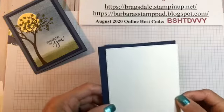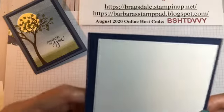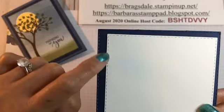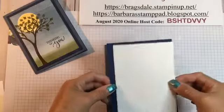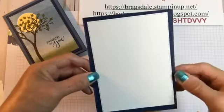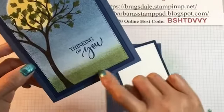But we have a stitched rectangular die set. And for these, let's see if you can see it, I used them on the dies. So on the edge, you can see that stitching going all the way around. There's a whole set of dies for that. And I just wanted to show you that even with simple stamping and maybe a die to help kind of refine your edges, that you could have a card that has a little bit of detail to it. Not much, but it's not just